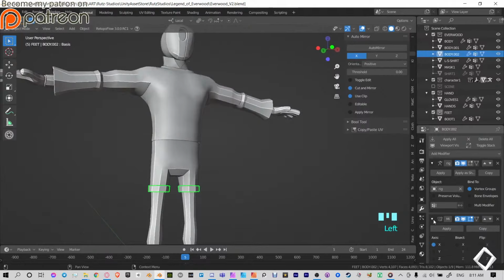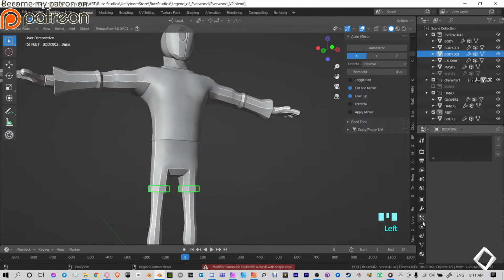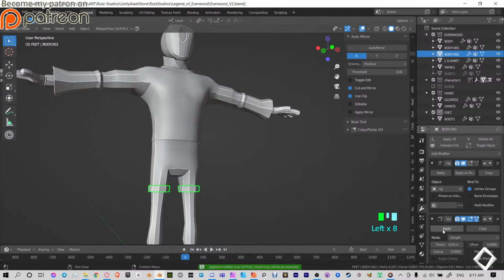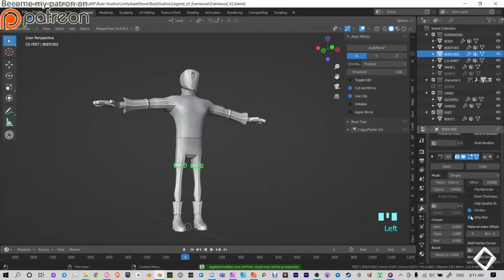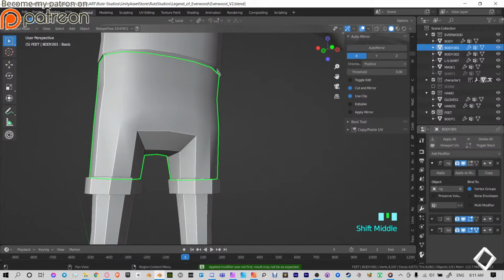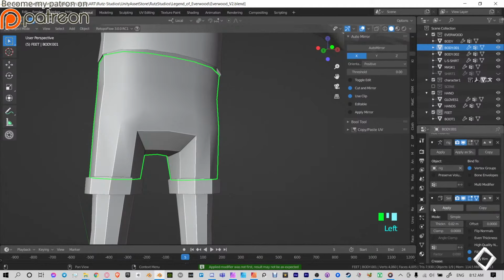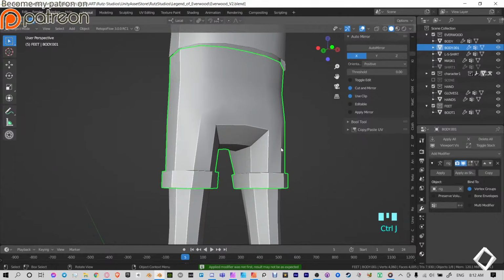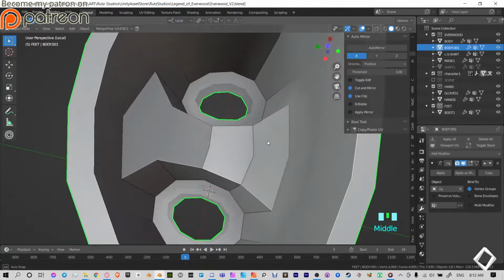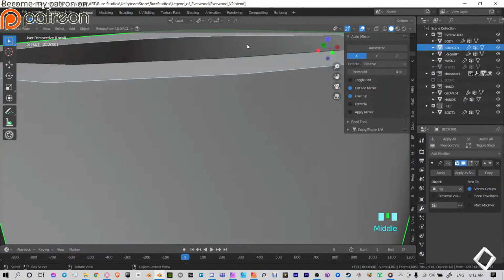Okay, now we want to apply this, of course, without the bases. Okay, apply it, solidify. Oops, wait, you know what? In this case, solidify, you want to have only rim selected, because we're not going to use the inside, it's not necessary. So same thing, let's get rid of this, and then apply the mirror, and only rim. Now we can join them together, and if we go inside, only the rim was built,